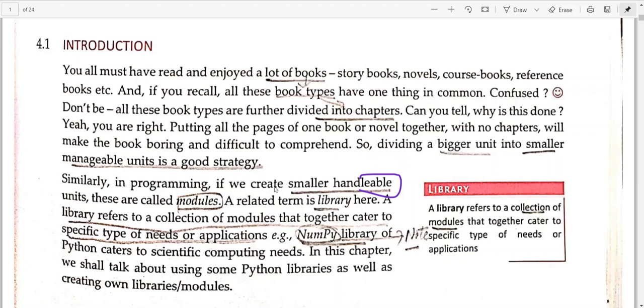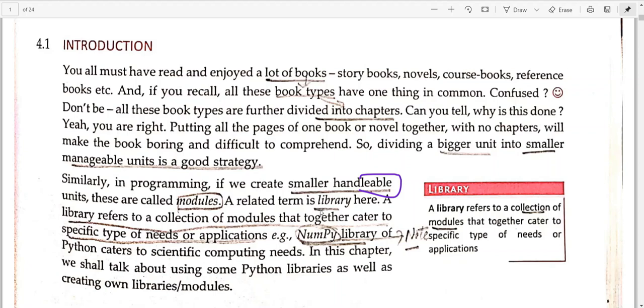So we will be making different handleable units known as modules, and these modules together will make a library. Now we have understood the concept of a library and the modules inside it. In Python we have some inbuilt libraries that offer us some modules, and otherwise we can also create our own modules as per our requirement.